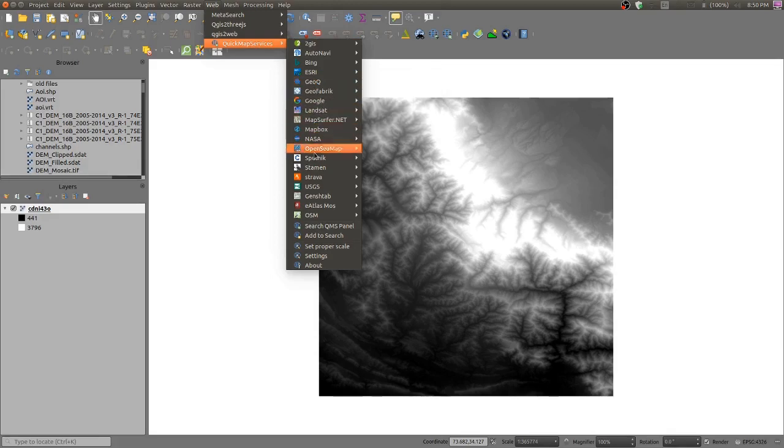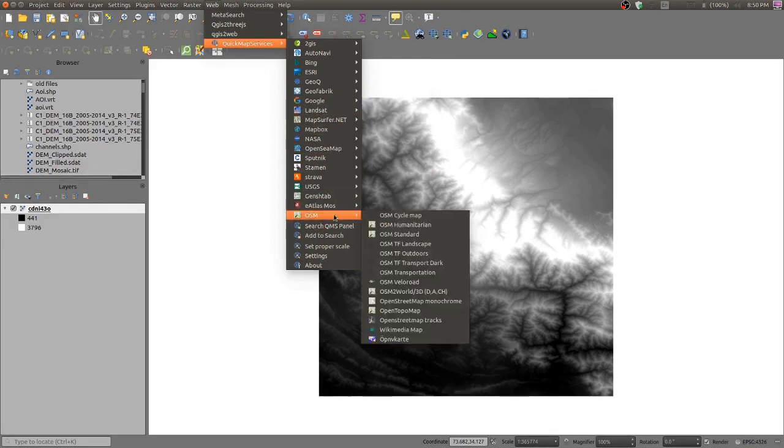Here there are several map layers available: Google Hybrid, Google Satellite Map, and the open source OSM map. OSM standard is the map which we are going to use as base map.